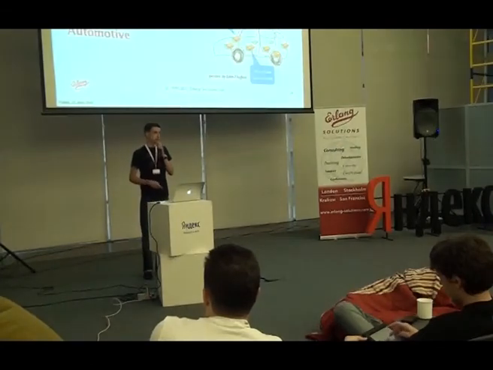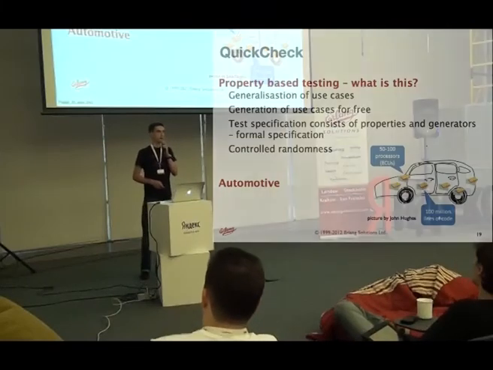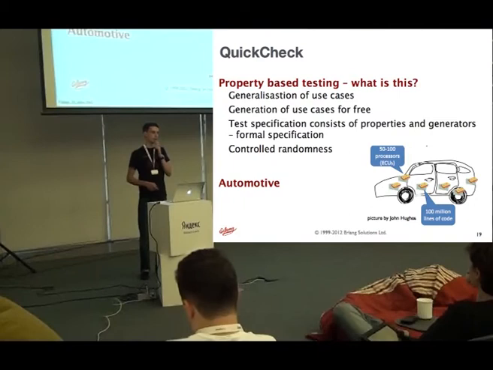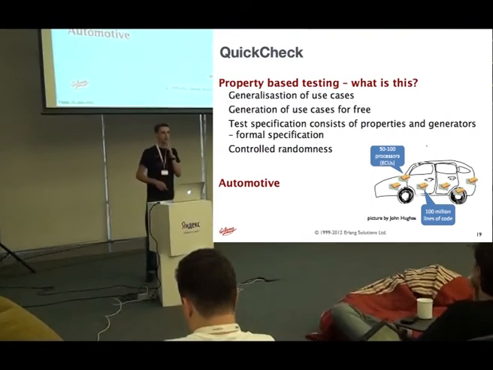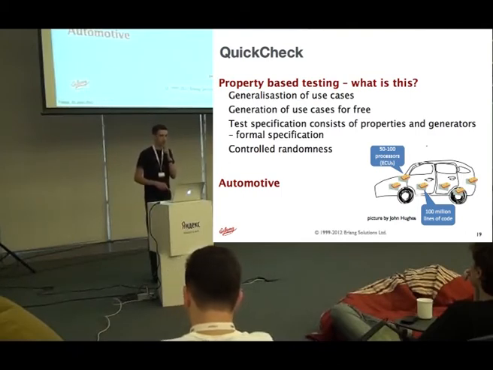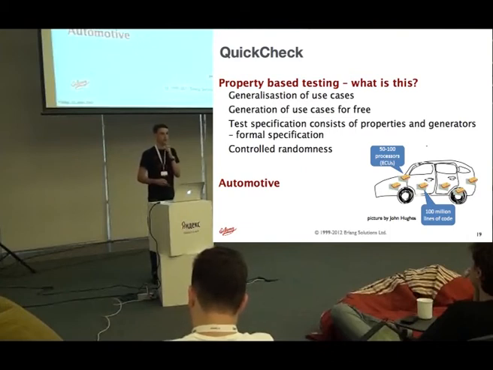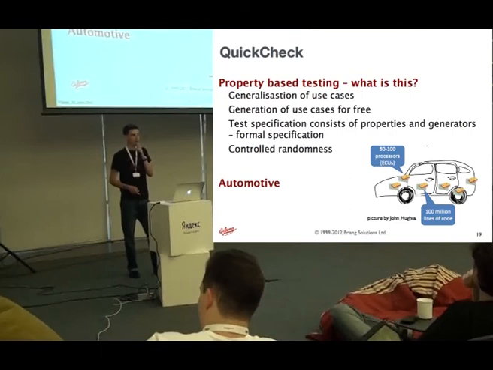And another use case I put here on my slides is QuickCheck. It was also mentioned here today. It's used for property-based testing, which is an interesting approach, quite different from unit testing that is widely adopted. Here we actually generalize: we have some properties and a domain defined first, and then we can generate a lot of use cases for free, meaning it just takes time to generate them, but it doesn't involve the user. It's automatically generated in a random fashion.